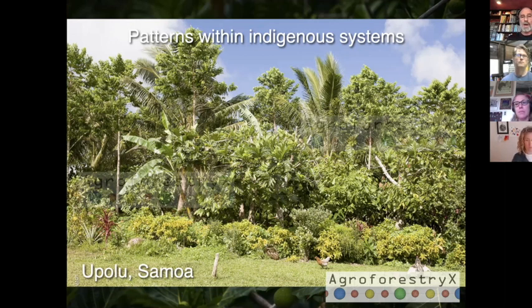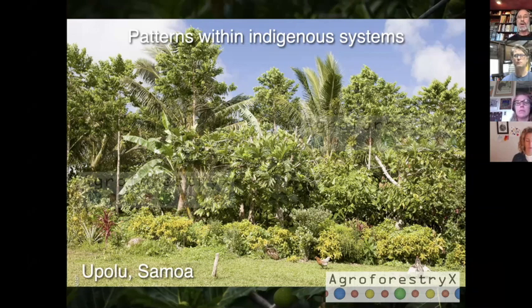So what you see here is an example of an agroforest that we drew knowledge from through the literature and through our own experience. These types of systems are documented by people such as Randy Thaman in Fiji, Art Whistler in Hawaii, Margie Falanruw in Yap. So there's a lot of documentation in terms of species composition, spacing, and the way these systems change over time. That is one of the foundations of how this tool was developed.